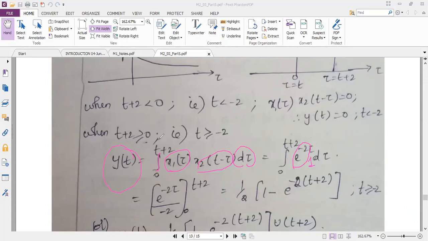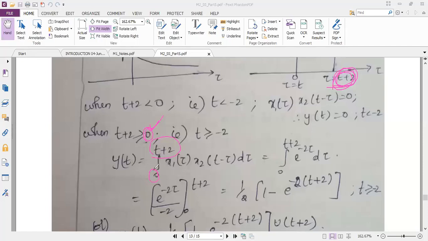And as I said in the previous problem itself, if t plus 2 is greater than 0, I should take that as the lower limit, and the t plus 2 should be taken as the upper limit. That's it. So if both are infinite, if I can find the value as t plus 2 or t minus 2 or t plus 3 like that, then that will be the upper limit. And the condition I am writing here, greater than or equal to 0 or minus 1, whatever I write here, that will be the lower limit.